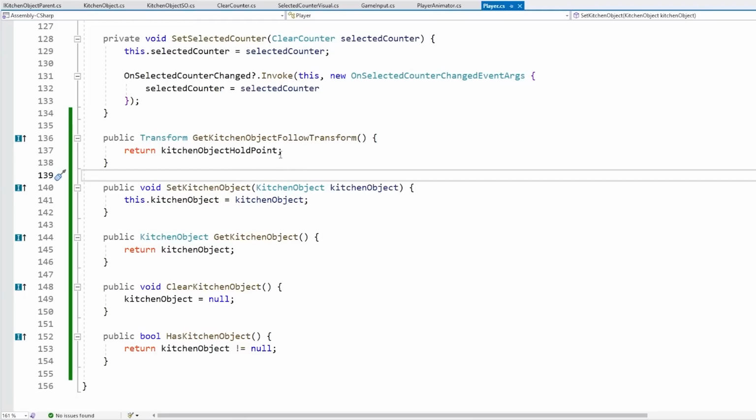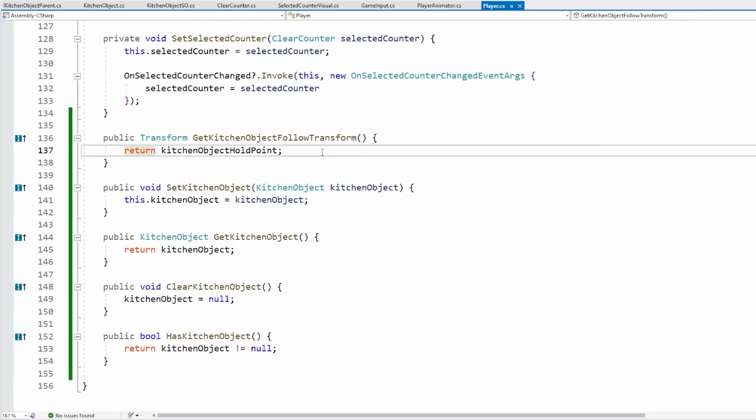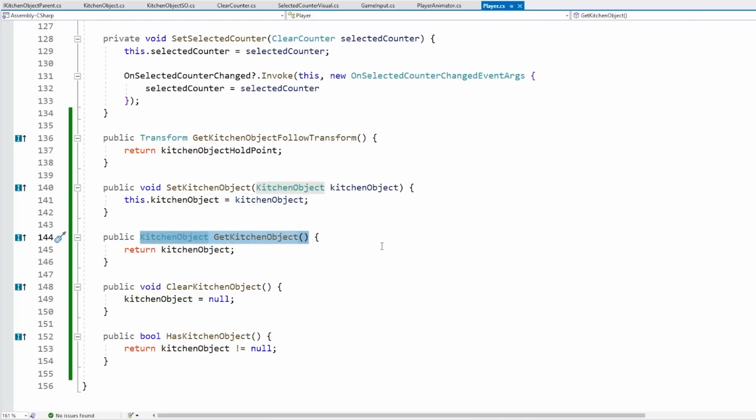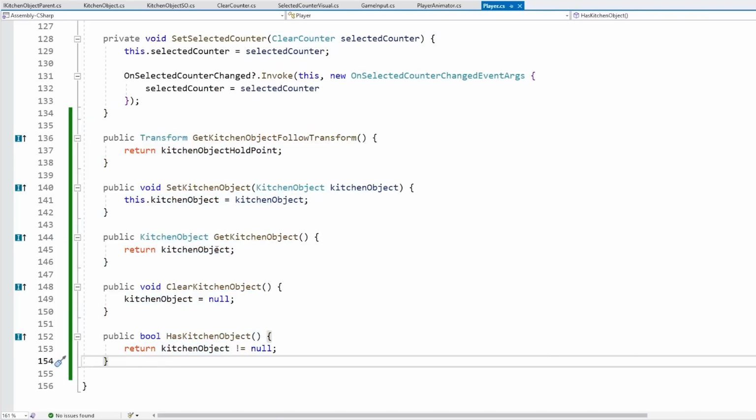Also one note here, like I mentioned previously, in order to implement the interface, it requires you to write the function code. Basically what this means is that different objects can implement the exact same interface whilst having different implementations. So for example, over here on the player, when setting the kitchen object, perhaps you could play some kind of item grab animation, or maybe when clearing a kitchen object you could do some kind of logging. The only thing that needs to match perfectly is the function signature. The function signature means the return type, as well as the name and any parameters. The implementation itself is up to the class that wants to implement that interface. But in this case, we want it to behave pretty much exactly the same way,